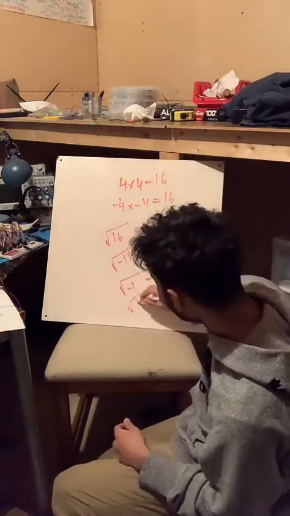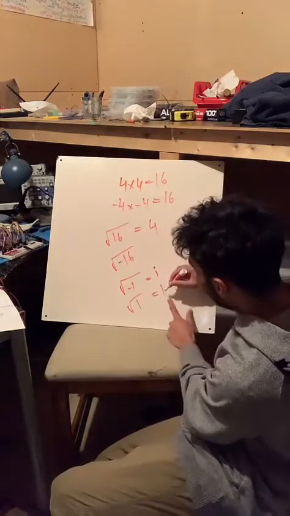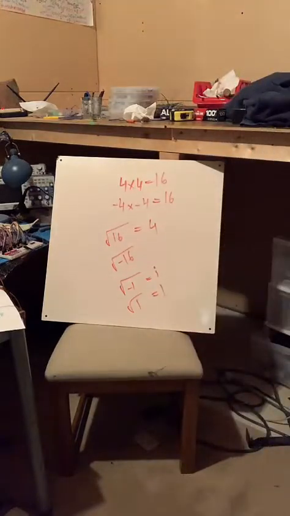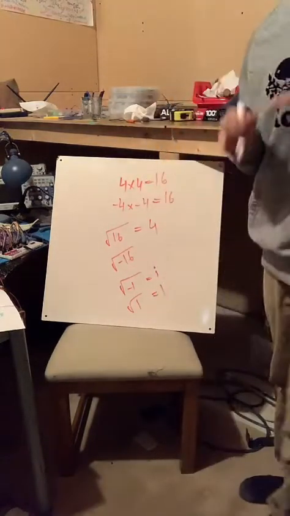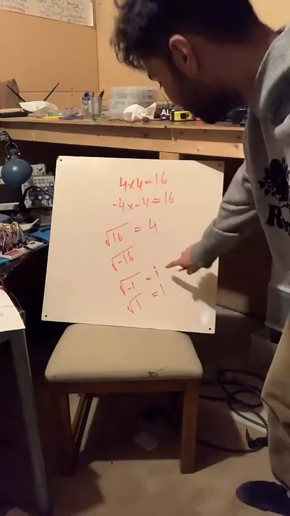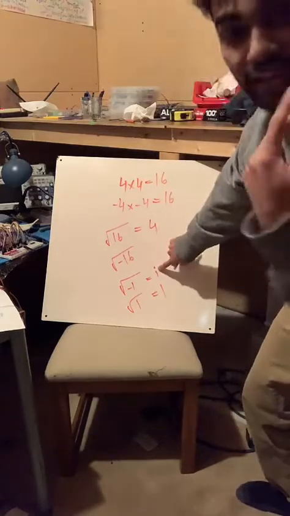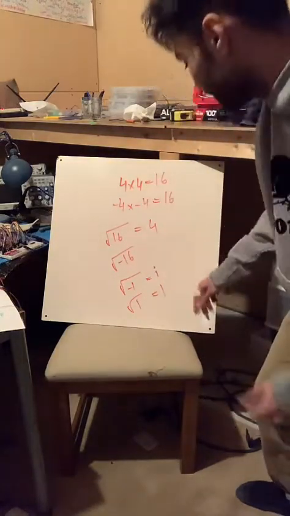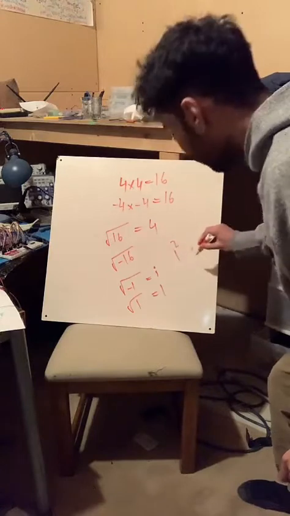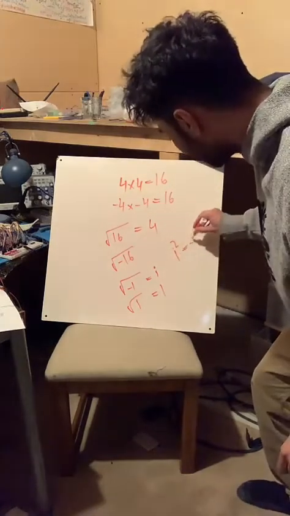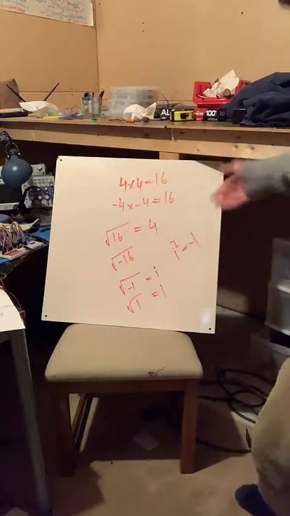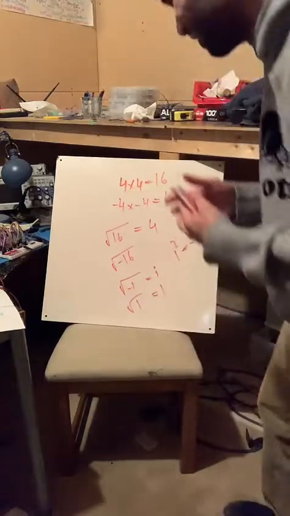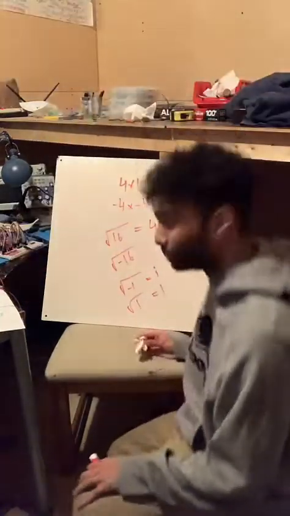The square root of 1 is 1. So i is like the cousin of 1 in a different world of negative roots. Do you understand what I'm trying to say? He just gave the square root of negative 1 a symbol, and now we can use it. If I did i squared, that's negative 1. Now, how does this relate to a circle, to angles, to electronics? Oh my god. Let me show you something beautiful.